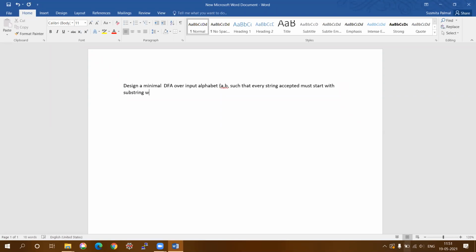W. Okay, substring W. I'm just writing substring W. So W means what? W may contain any value. So for the first question, suppose I'm considering W equals to A. Substring is A. Okay. So design a minimal DFA over input alphabet A, B such that every string accepted must